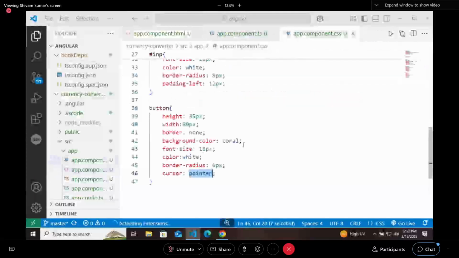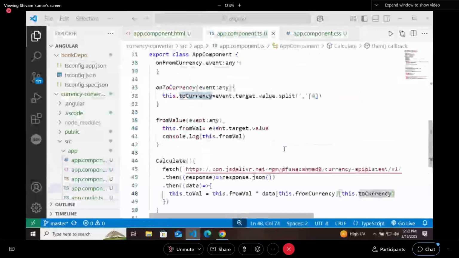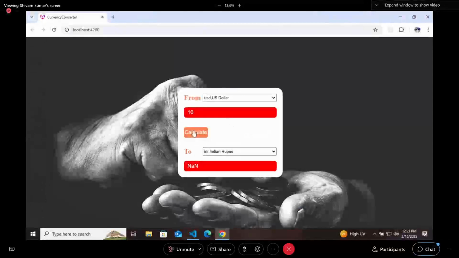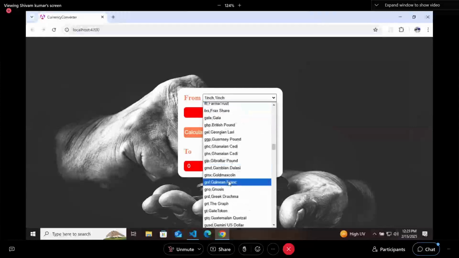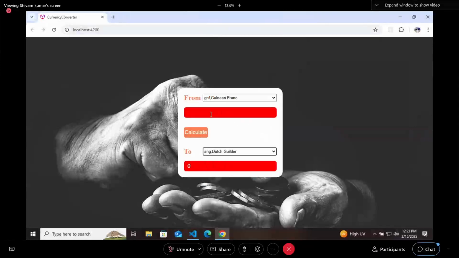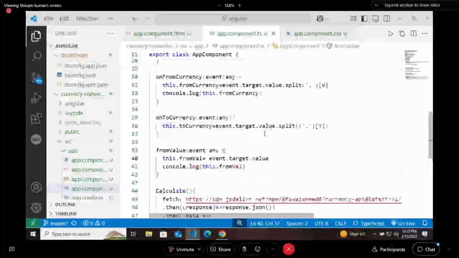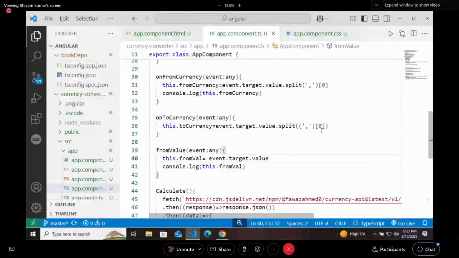So for that we should understand something here. Okay, so this one is the problem, right? We'll refresh. Same thing, select any currency just for conversion. Again, okay, something we are doing wrong. No, not this one.